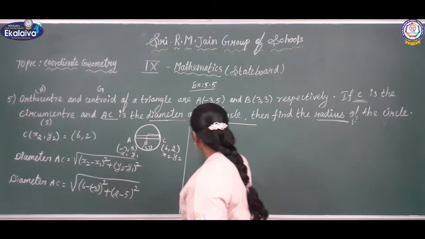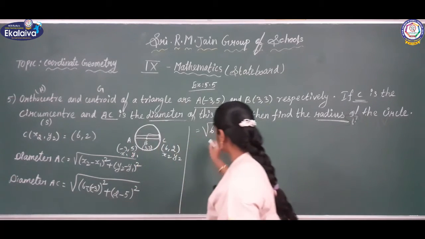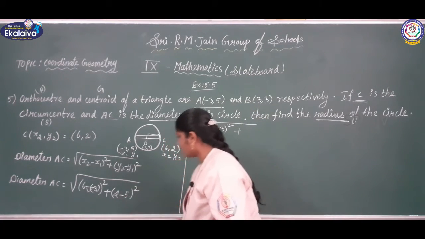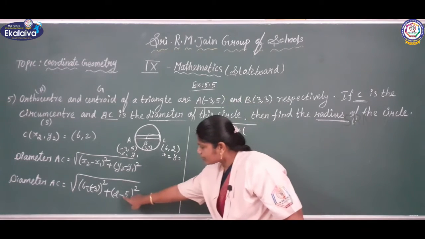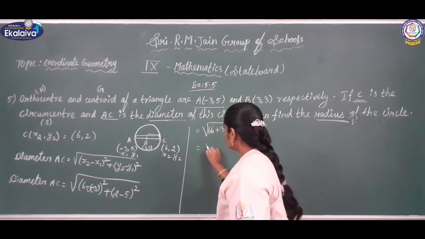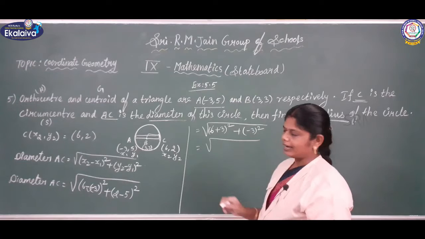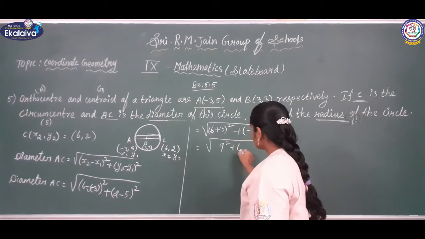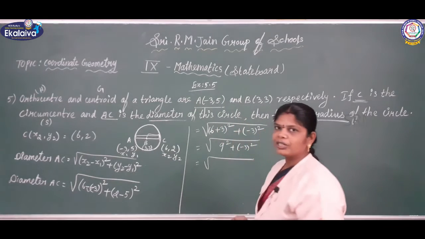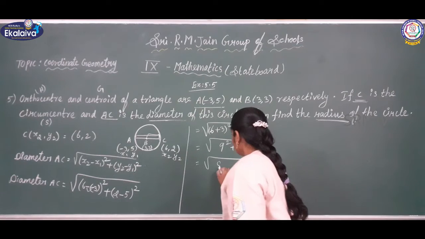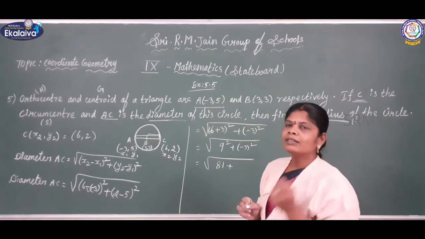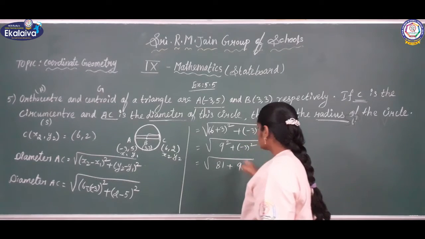So 6 minus into minus plus 3 the whole square plus 2 minus 5. Here 5 is greater, the greater number sign is negative. Okay, so minus 3 the whole square. So 6 plus 3, what you will get, children? 9. 9 square plus minus 3 the whole square. 9 square, what you will get, children? 9 square 81 plus minus 3 the whole square. Minus 3 into minus 3, what you will get? 9. Okay, so minus 3 the whole square will get 9.